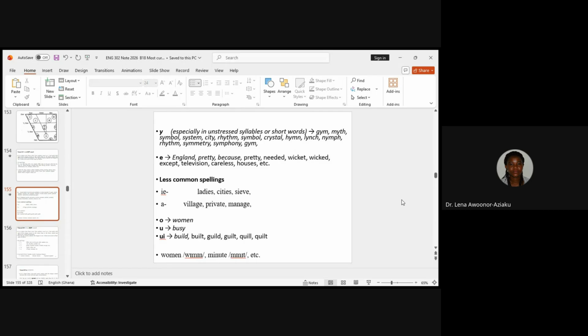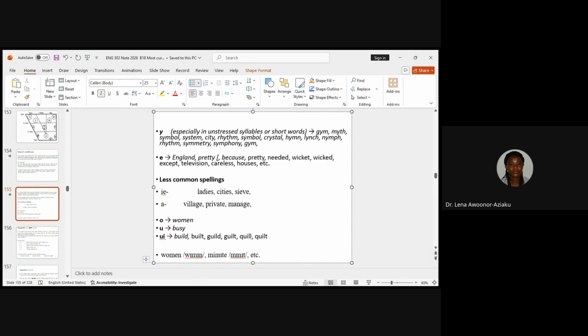So I just mentioned that the kit vowel cannot occur at syllable final position without a coda. So if you have the Y as the final one, which is supposed to be pronounced as the kit vowel, you change it to E. They call it a happy vowel. So if you want to transcribe the word pretty, it